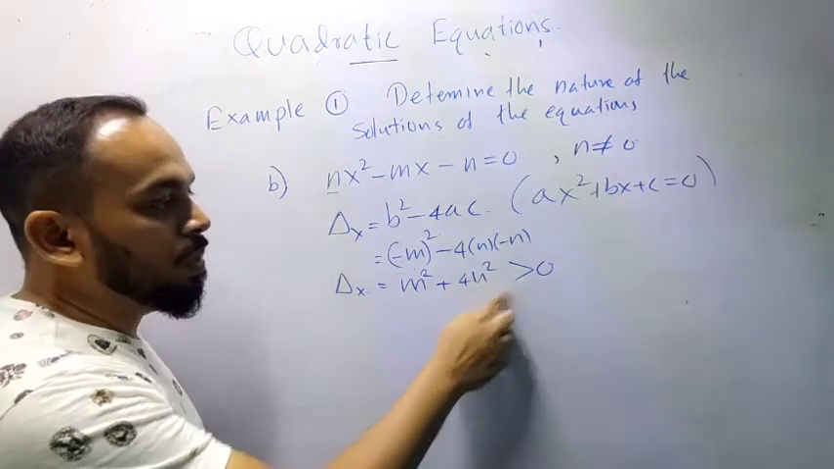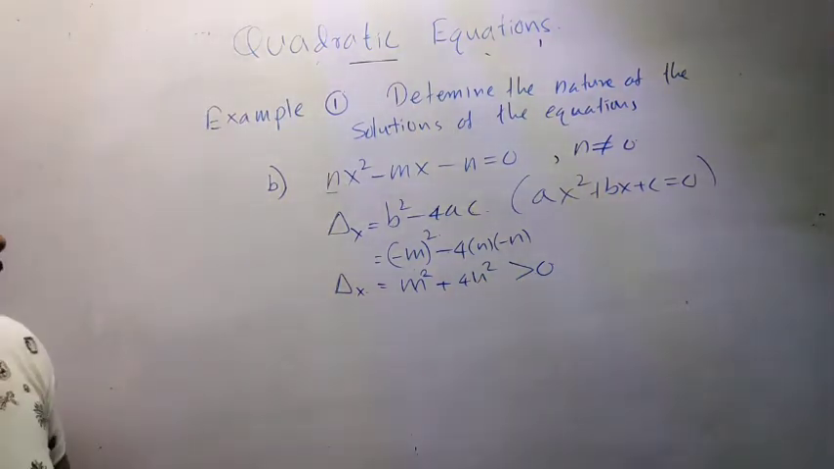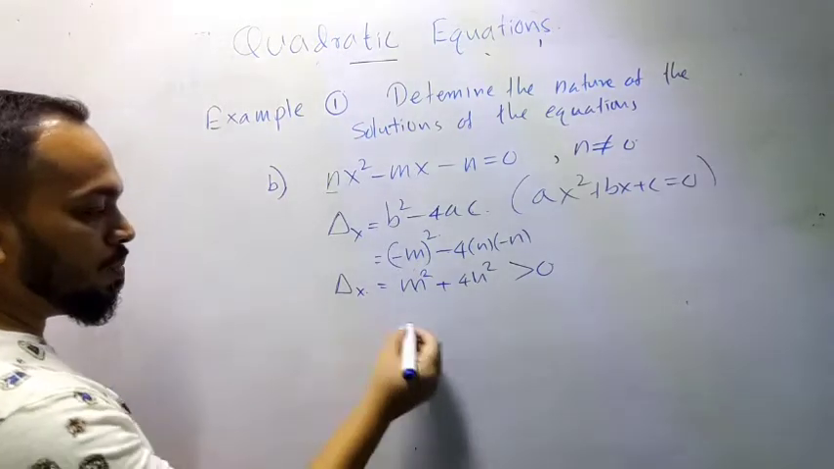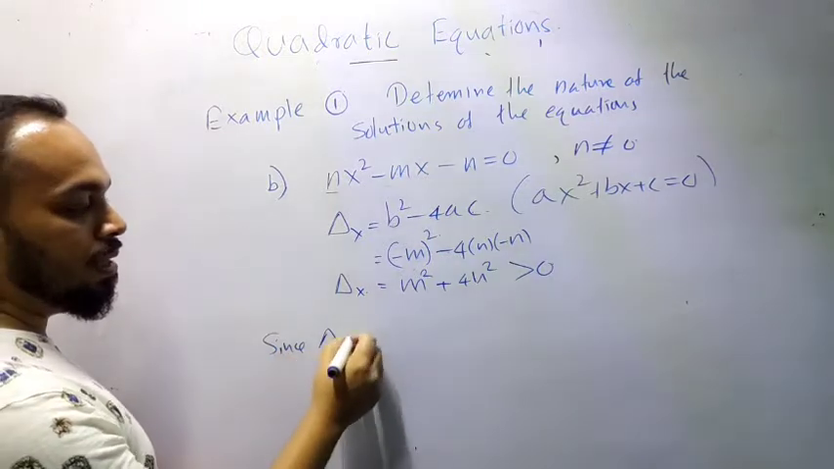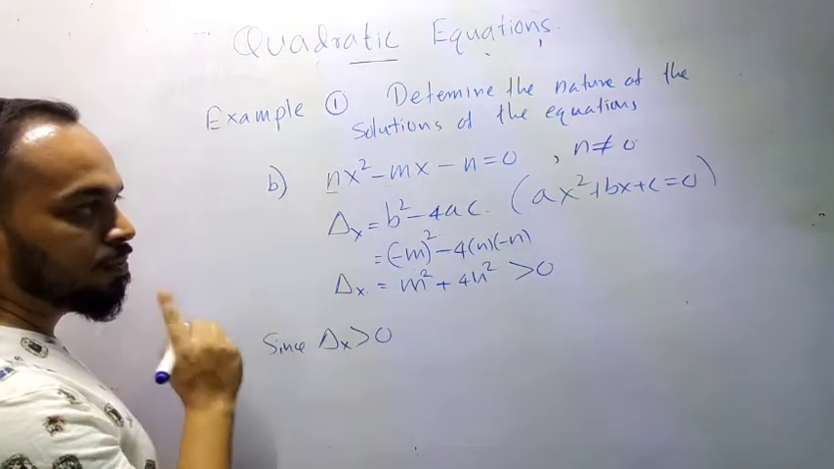So this cannot be equal to 0, only greater than 0. Which means, since we now have to write the statement: since delta is positive,